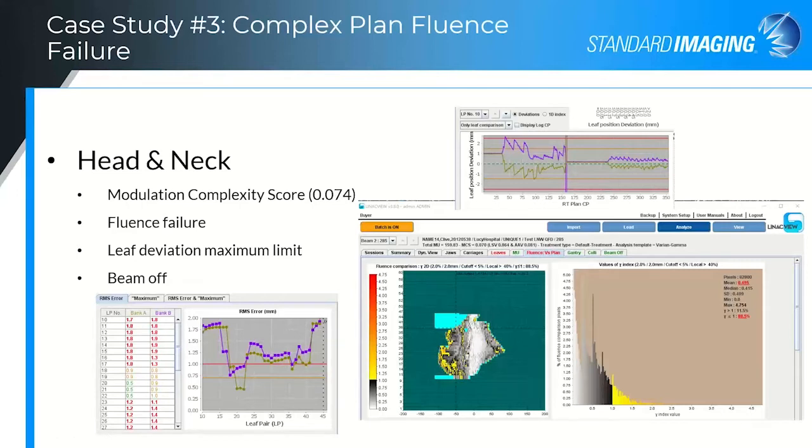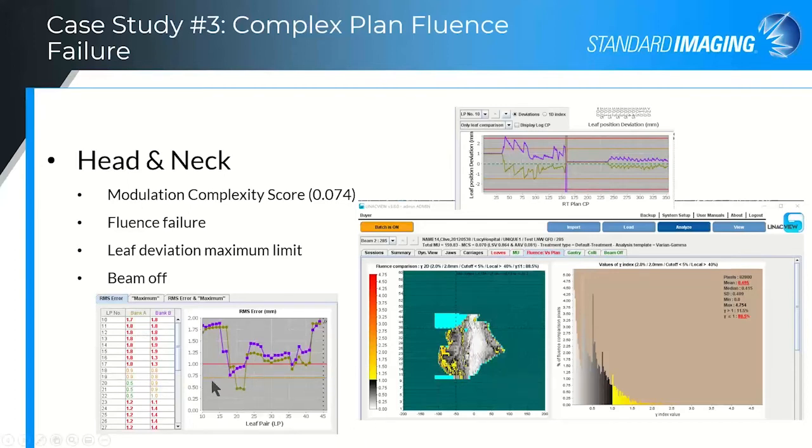The lower the MCS, the more complex the plan. This plan was delivered on a Varian Clinac, which is an older machine, so one might expect more performance issues. This particular plan had alerts for both leaf-related issues, RMS leaf, and maximum deviation alerts. As you can see here,